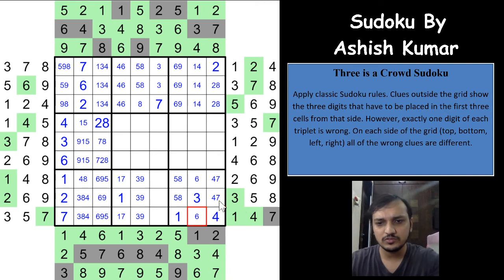One of these 2 cells will have to be 6, and one of these 2 cells will have to be 7. The other 2 digits are 2 and 8, right? It can be anywhere else, and 2 cannot be here and here. Both of these cells cannot be 2. See, so why that is helping us? I got a possibility that 2 can be in one of these 2 cells, but I already marked that 2 is wrong here, which means 2 has to be here and 8 has to be here, right? Which means because of the, okay, not sure yet.